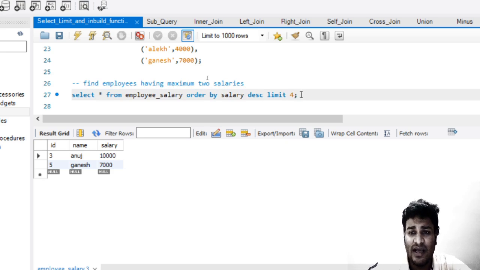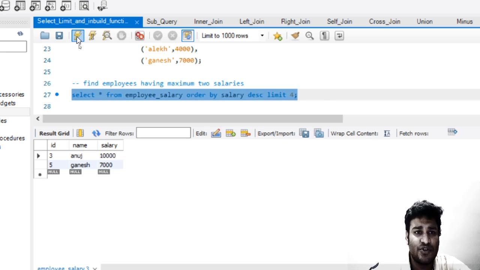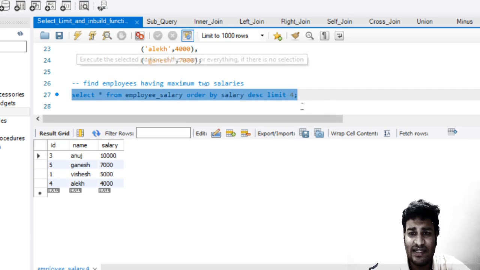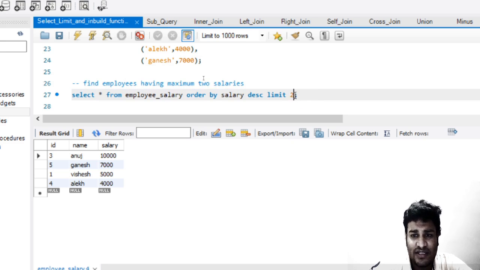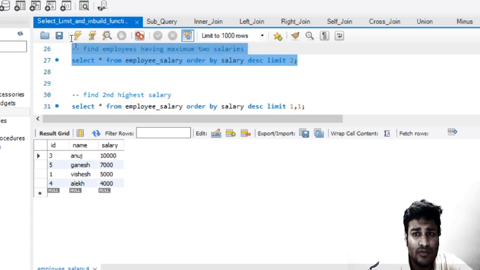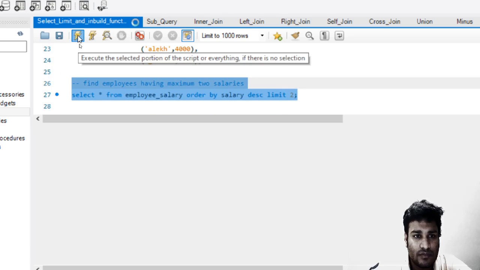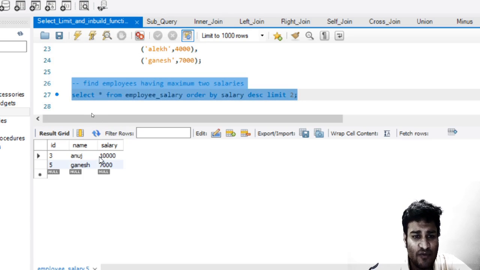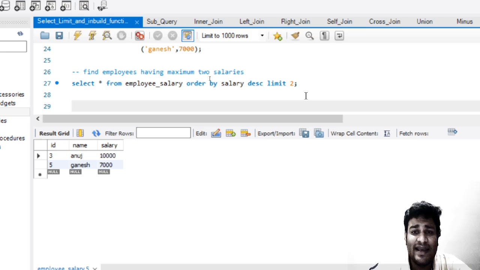If we say 4, then only the first 4 records will be shown. So this is exactly the number of rows. Now you want to fetch the maximum 2 salaries, so you just say 2. The maximum 2 salaries: first is 10,000, second is 7,000.